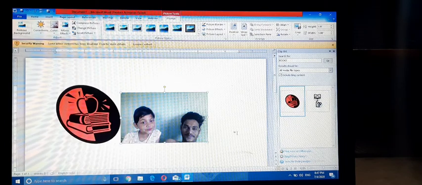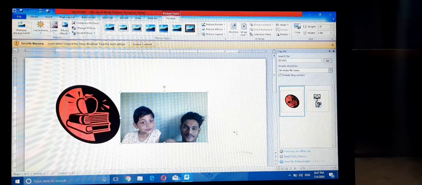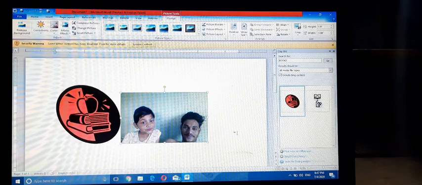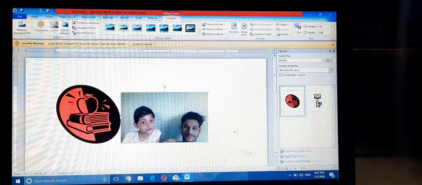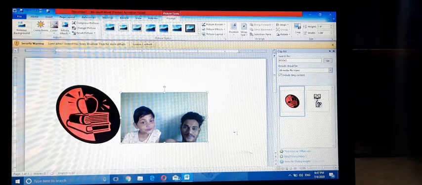Okay. MS Word also provides options for embedding the object or linking to the file. Okay. This is called OLE, object linking and embedding.